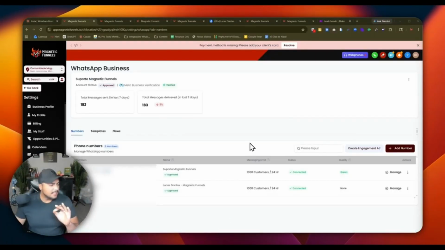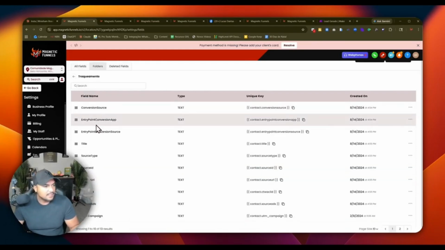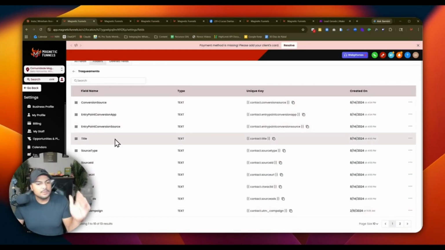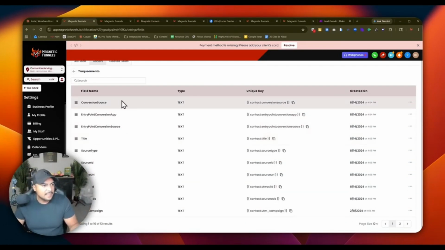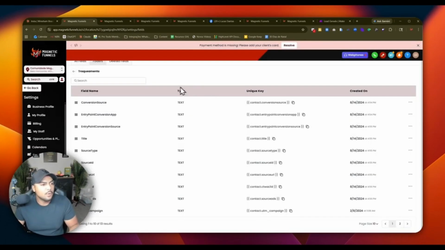The third step is to create custom fields so you can track this information. I'll show you the fields I have. So here I'll click on folders. I created a folder just for this tracking. When I click here on tracking, I can see all these fields here. All the fields need to be simple text lines, which is the text field. So when I click to edit, this single line text field is the single line text that appears. There's also multi-line text. This is the single line text, and it's what you'll use for all of these here